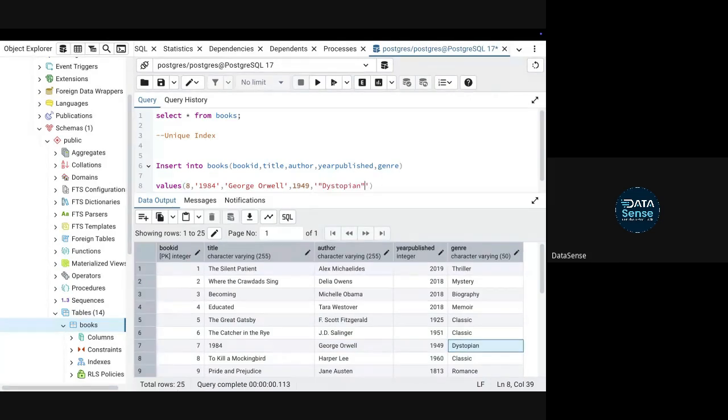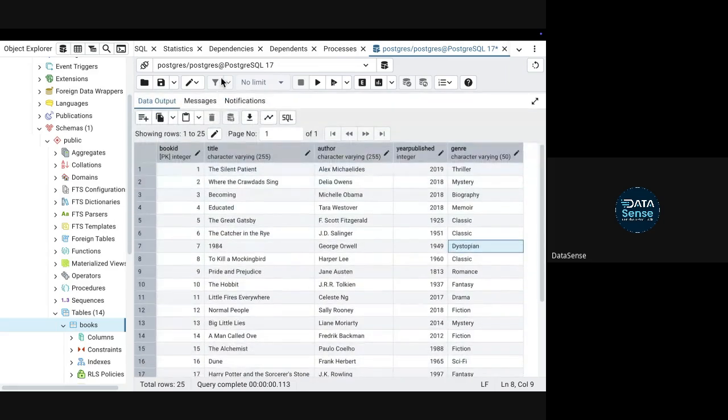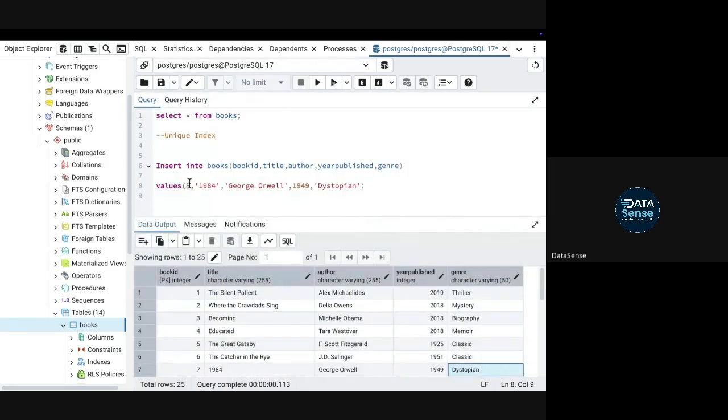Okay. Now tell me, once I execute this query, will it insert, will it go inside my table or not? I'm trying to insert a new row with a new primary key. Sorry, we have 25, right? So let's make it 27, for example. The primary key is new, but I'm trying to insert the same information which is already present in the data. Will this information go inside my database or not?